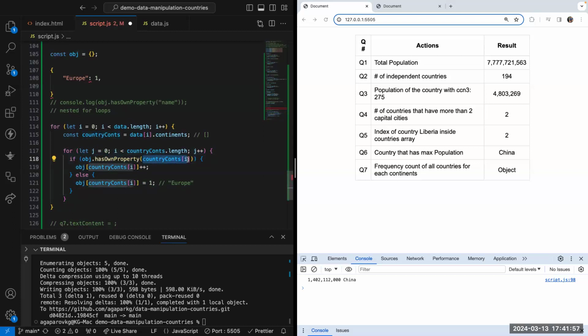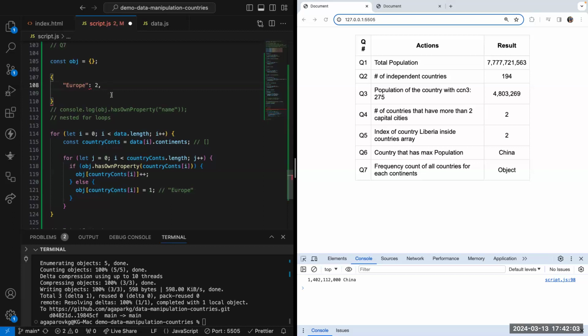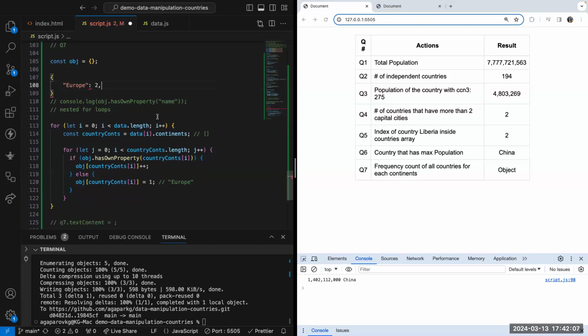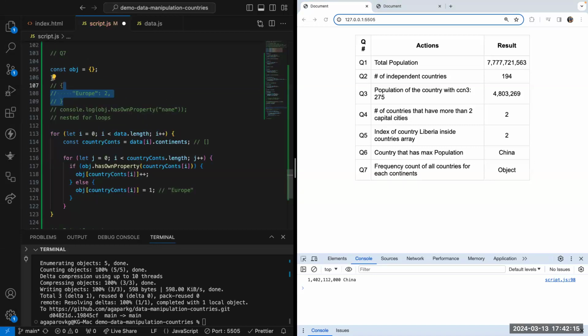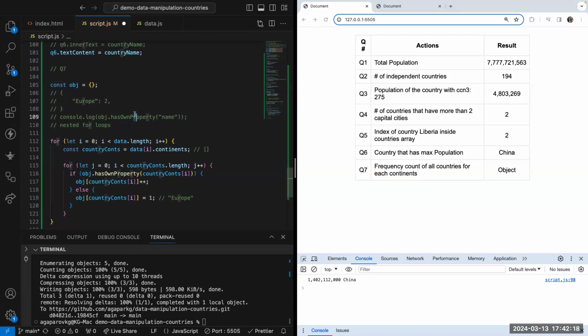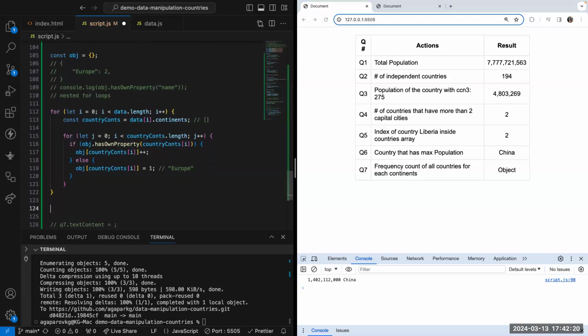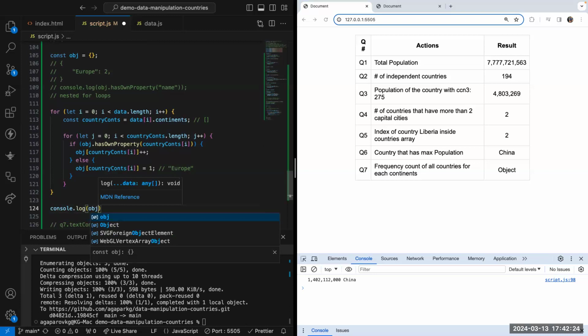Do we have the object has Europe again? Yes. Then increase this number 1, 2. And then it will keep going until it finds all the continents for each country in the area. So our object will look like